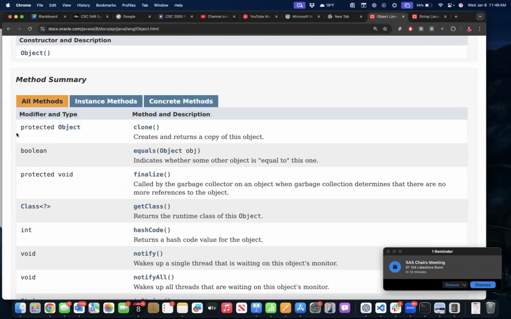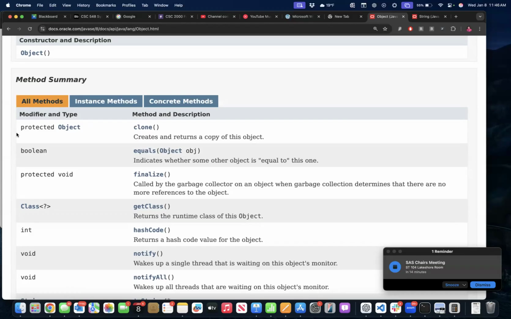Anybody remember why that clone function works? So first of all, we see that it is a non-static method, right? We don't see the word static there. We see that it's protected. So as she pointed out earlier, we have this other kind of security thing, public, private, protected. They made this guy protected. What does protected mean? It can be called by anything inside the object class or